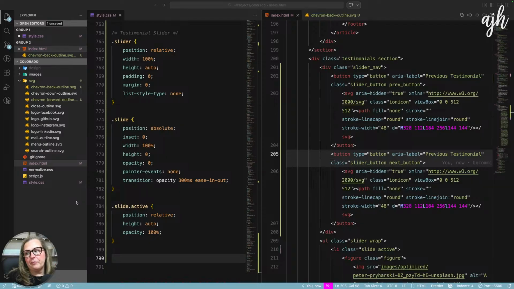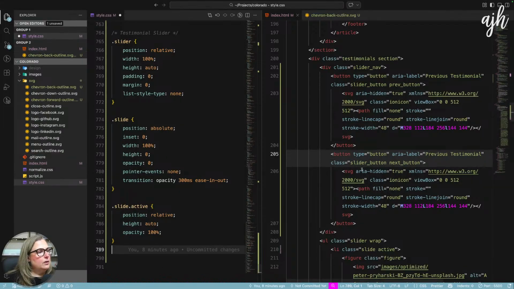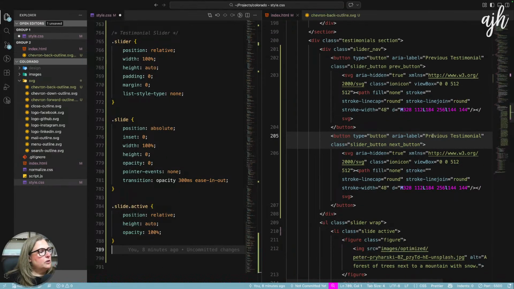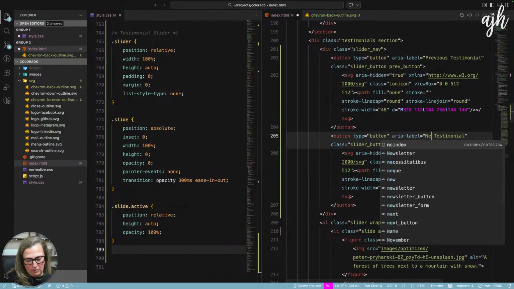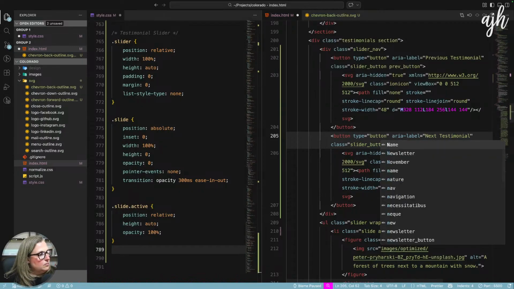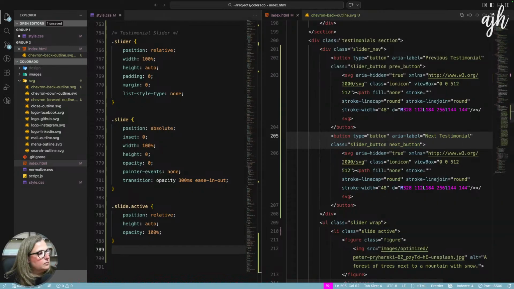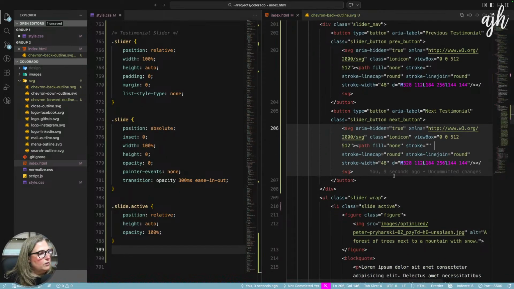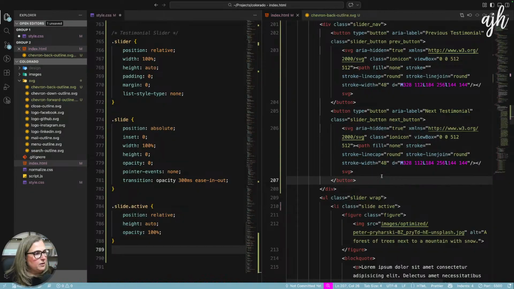Okay. So this is going to be next testimonial. Oops. So here's the next button, next testimonial, ARIA label, ARIA hidden true, remove the stroke value. Okay, so now we have our buttons.